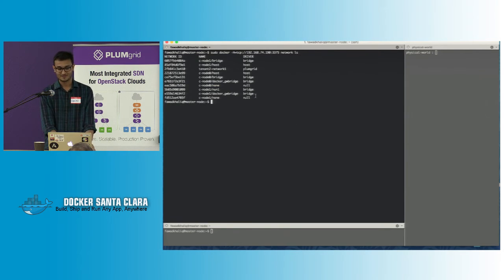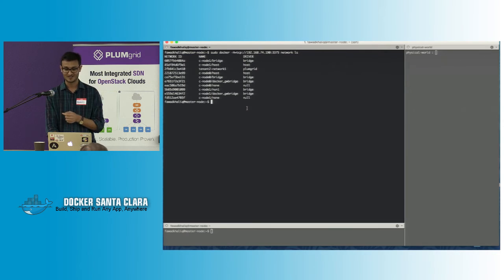So let's do a docker network ls. This is again referring back to the slide that I had over there. This is the standard Docker CLI, which is using libnetwork, and you can use it to look at the inventory of networks which are available in the cluster. The interesting thing just to see over here is that